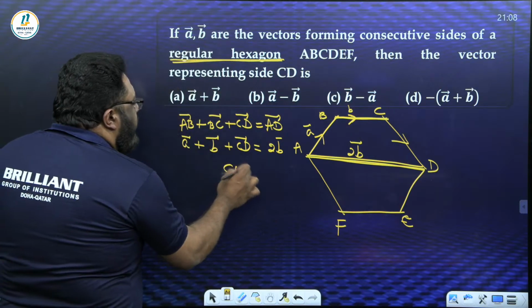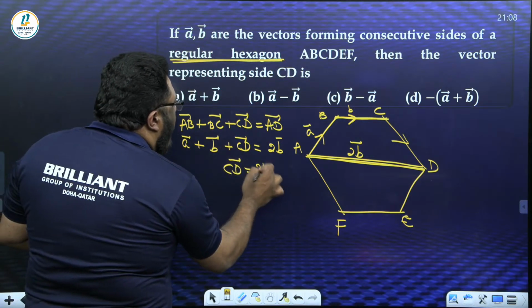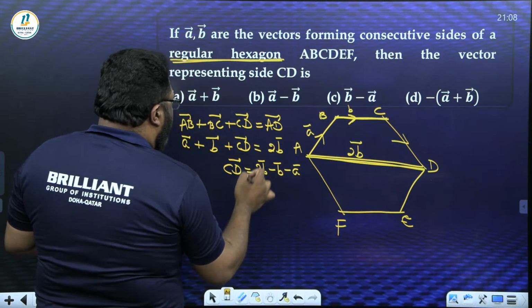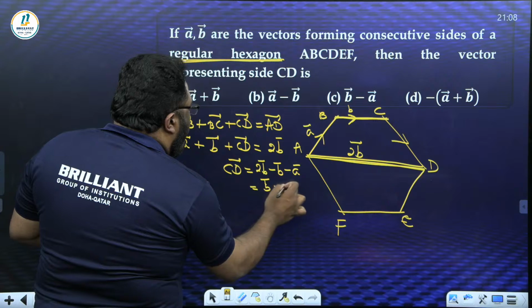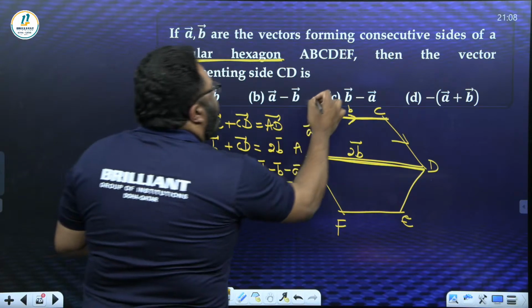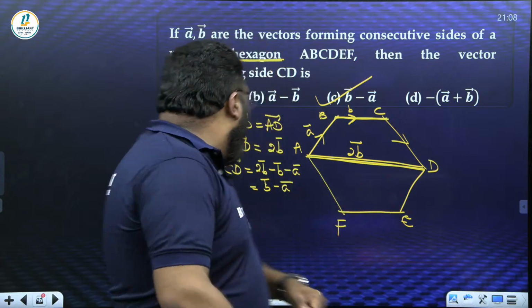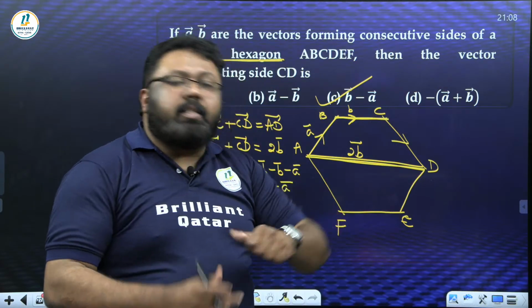So what is going to be CD? 2B minus B minus A. It's going to be B minus A. CD is equal to B minus A. Option C. Okay, so I wanted to do a few more questions, but we did not get much time today